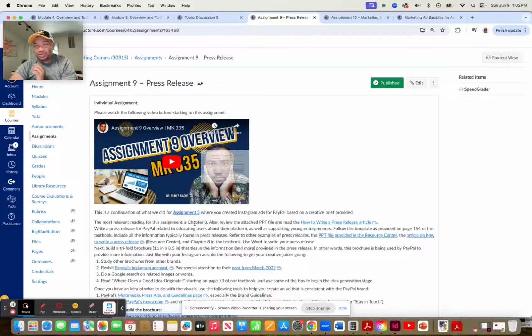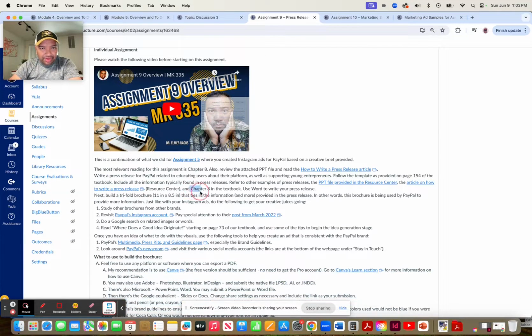ways to fold a brochure, but I'll just let you decide for yourself how you want to arrange your different panels in your trifold brochure based on how you think it'll fold, and it's going to have two sides to it. So those details are in the instructions as far as dimensions and things of that nature. However, I leave it up to you to come up with the creative part of that, right?